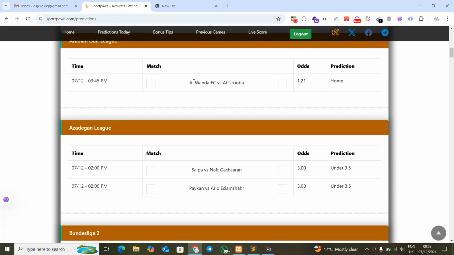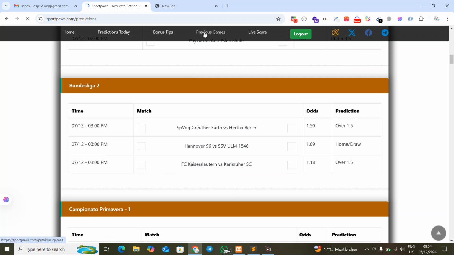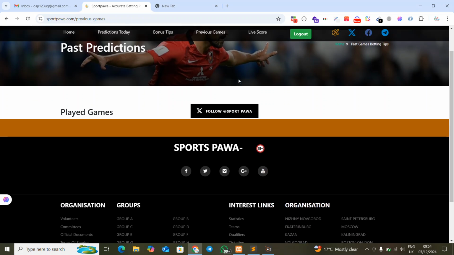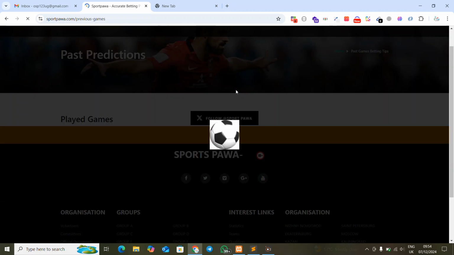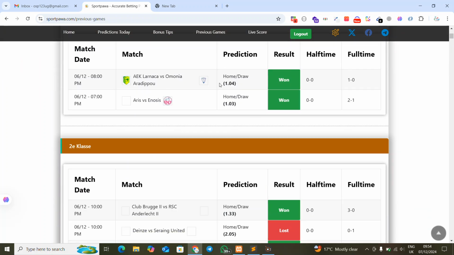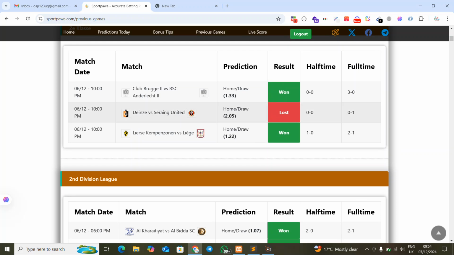It is something that I believe is now at least 95% correct, because if you check on my previous games, this is where you get the previous games. Trust me, on our previous games we also show how we have performed, which is not that bad, because if you look at this performance against other people's predictions, you realize that we are on top, we are beating them, because in most of the games we win them. We win most of the games, which I would say is very, very good for us. If you see these games, we won them. This one we won. And this one is where we lost yesterday, as you can see.